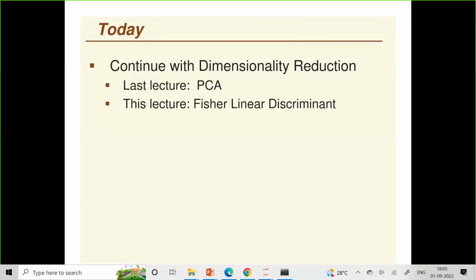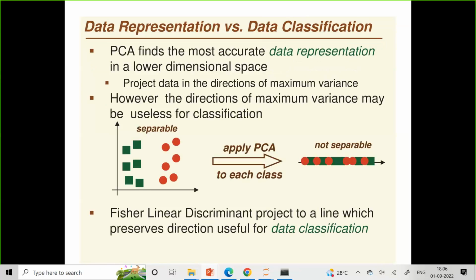So we'll continue with what is the disadvantage of PCA and why do we need this linear discriminant analysis. What are the drawbacks of the principal component analysis and why do we need the linear discriminant analysis is the question that we are addressing first. So let us see an example. Okay, so if you remember the principal component analysis, it is always trying to